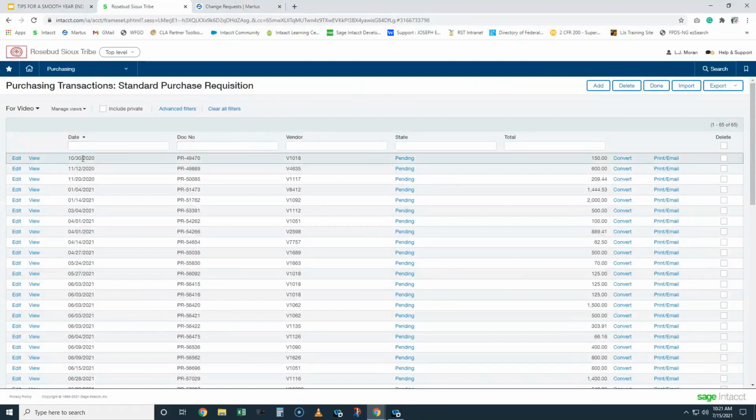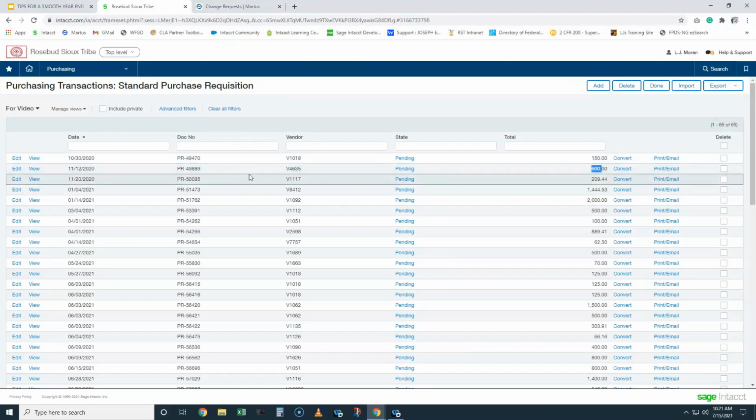So for example here, we have this purchase requisition here, PR 49889, for this vendor. I have it showing the vendor number instead of the vendor name for this particular view. It's pending and it's worth $600. So for this particular funding source, on November 12th, 2020, we opened a purchase requisition to that vendor for $600. And since November, so now we're going about 8 months,